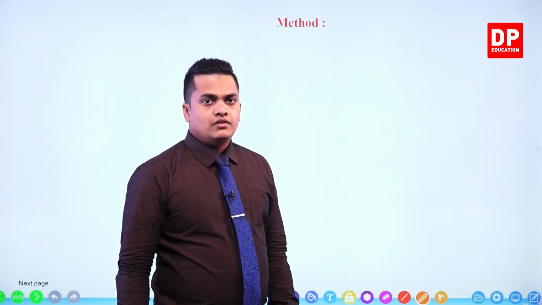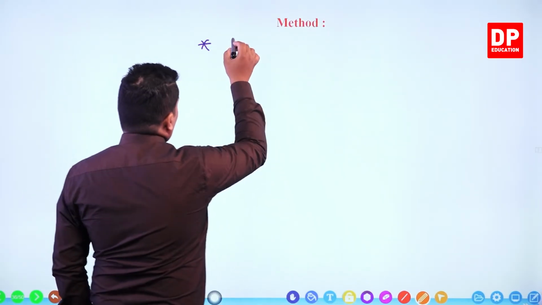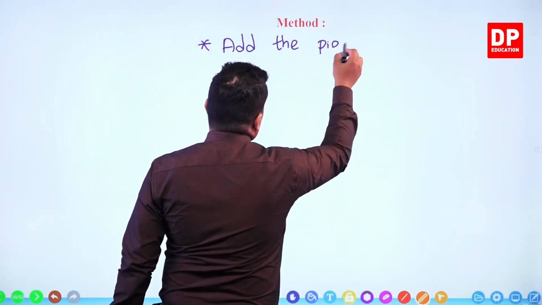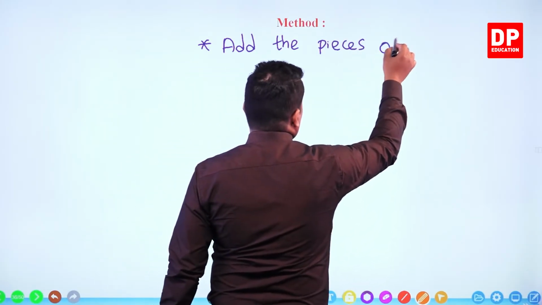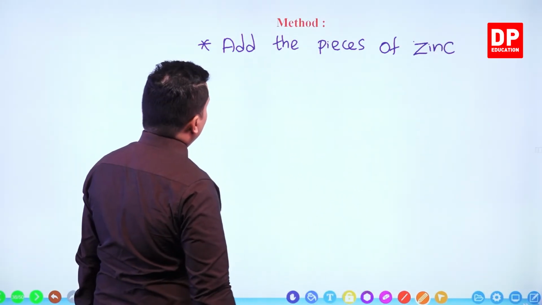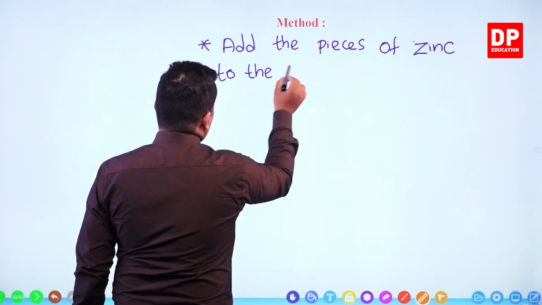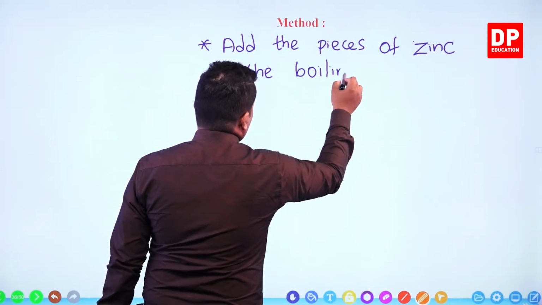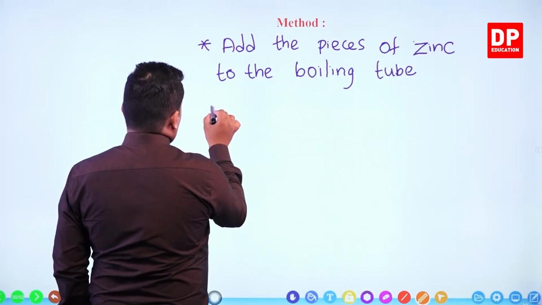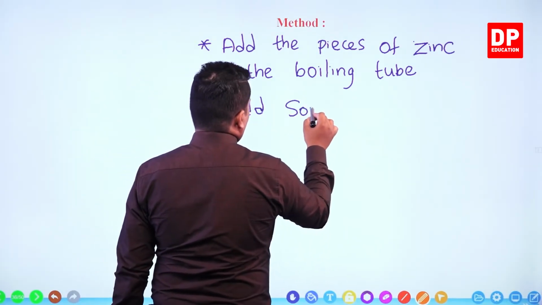Right? You have to observe what's going to happen. So we'll write it down. Add the pieces of zinc to the boiling tube. Add some